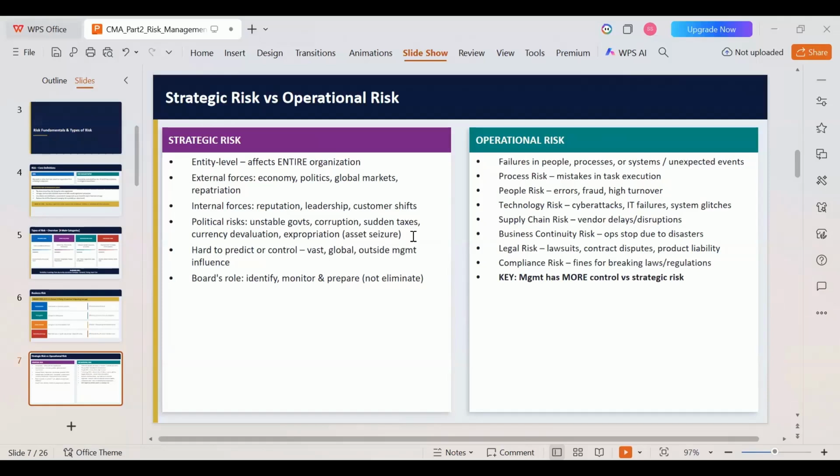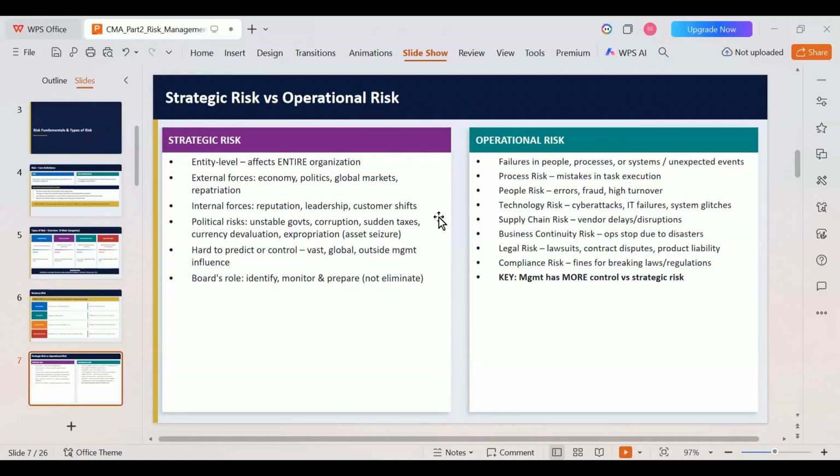Then other political risks involved will be unstable governments, which we see regularly in India. Whenever we see different political parties in the state and in the nation, many businesses will face consequences of that. Suppose the same political party has won in the state and in the nation. At that time, businesses run comparatively well. So unstable governments are also a big strategic risk. Then comes corruption,